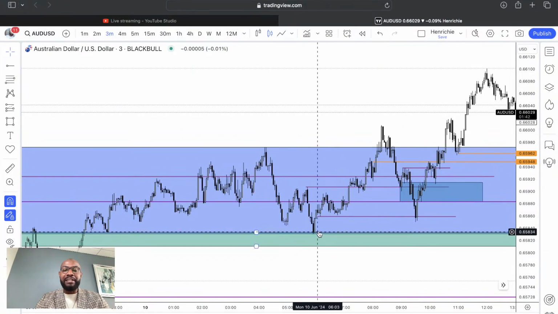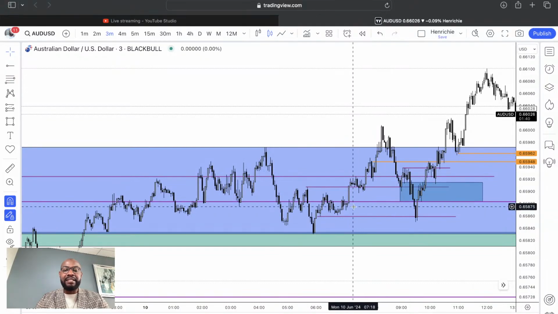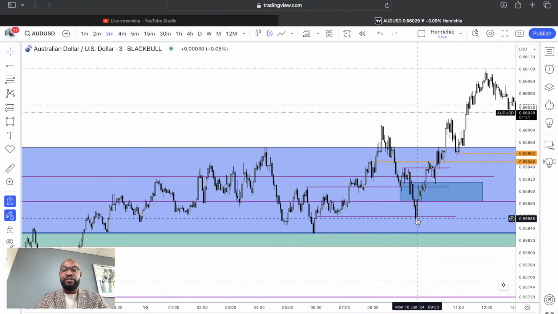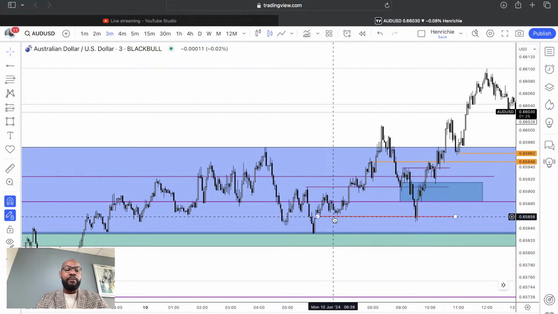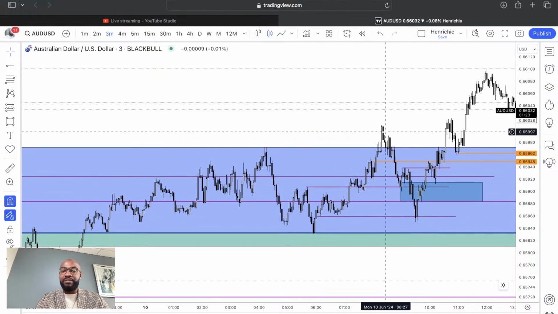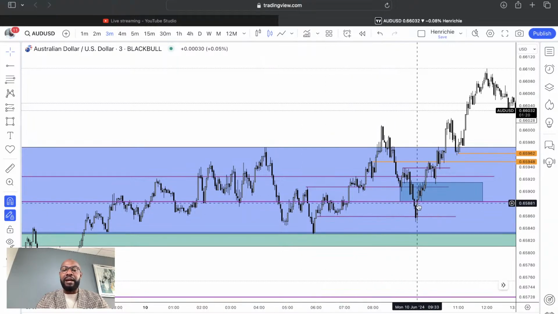I trailed my stop loss to 50% of the risk in order to reduce the risk. But unfortunately, I moved stop loss way too soon. And look what happened. Price came down, took those stop losses, because the algorithm understands that there's going to be people that will trail the stop loss early on, and it just reversed, wiped them all out, continued higher.